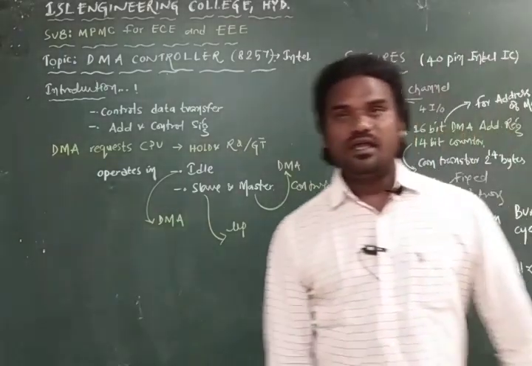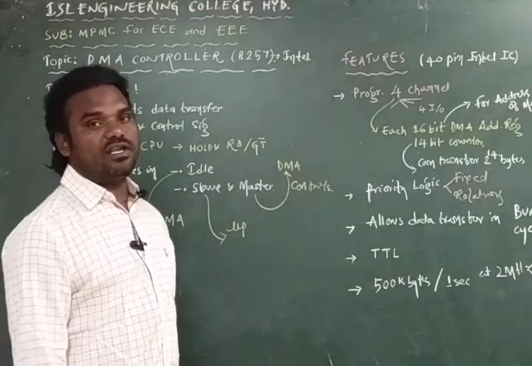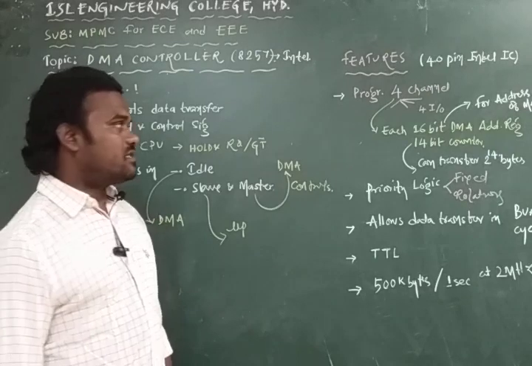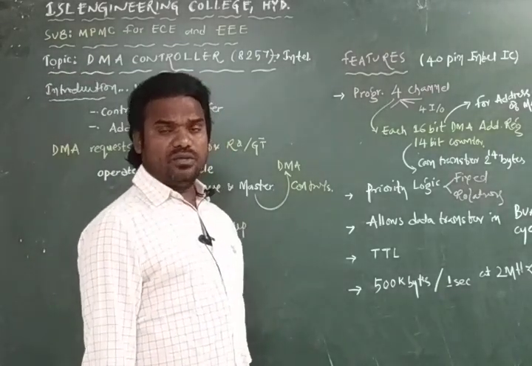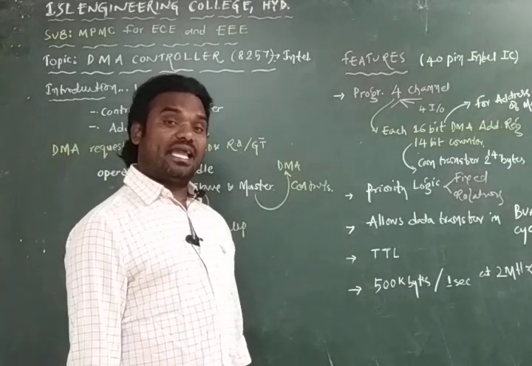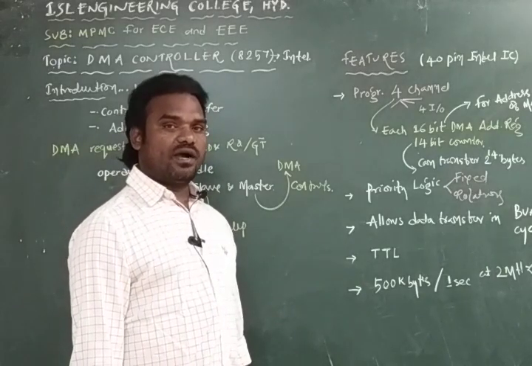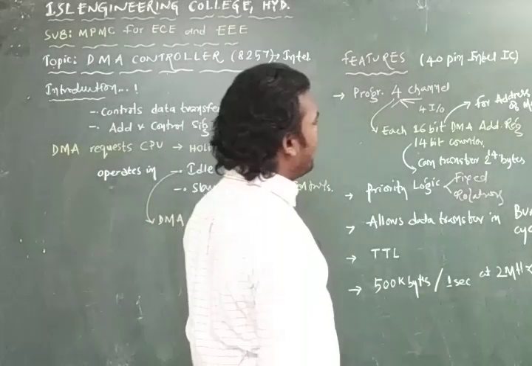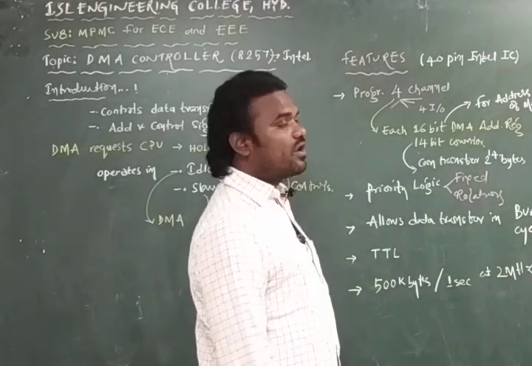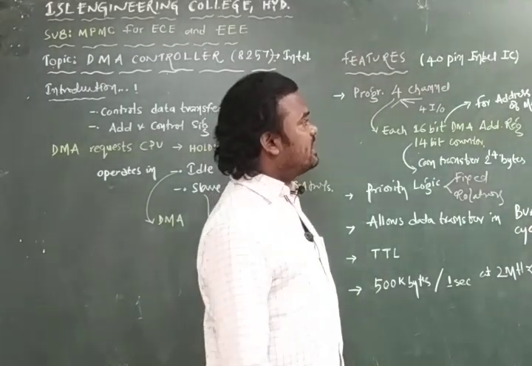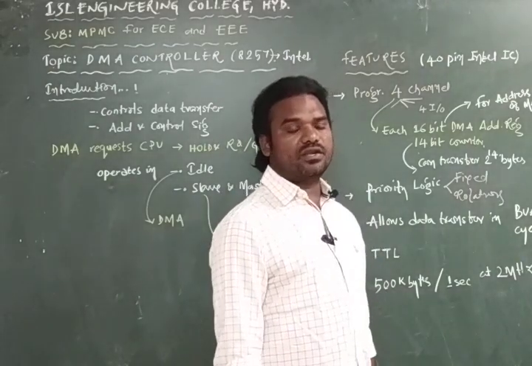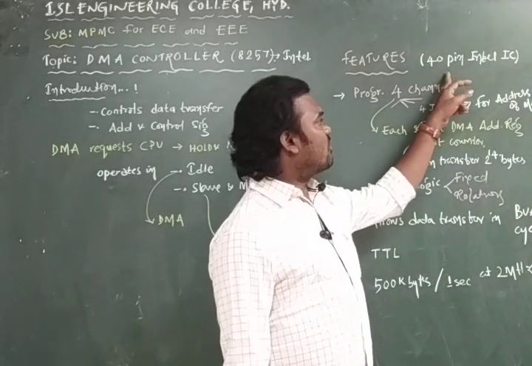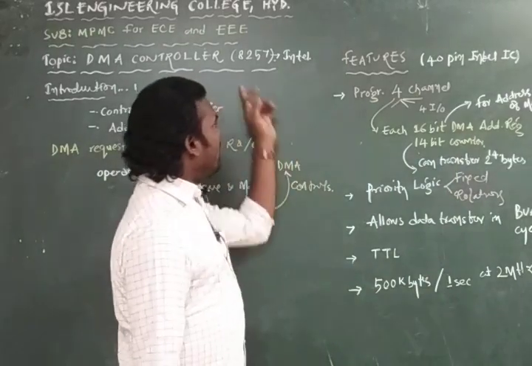Coming to the features of the 8257 Intel DMA controller. DMA stands for direct memory accessing. That means by using the DMA controller, the memory can be directly accessed by the input output devices to read and write data. And coming to the features of the 8257 DMA controller, as I said earlier, it is a 40-pin integrated circuit. It is a programmable integrated circuit. It has been fabricated by the Intel Corporation with 40 pins, and the IC number is 8257,